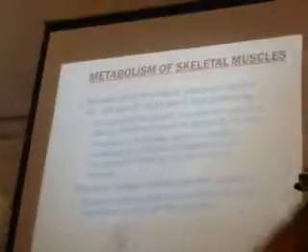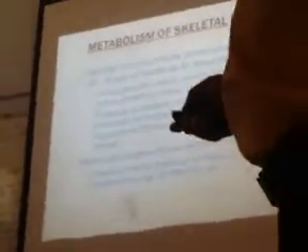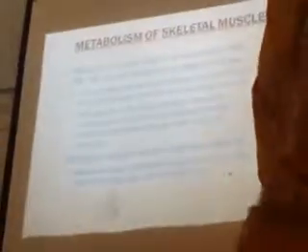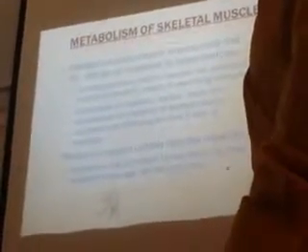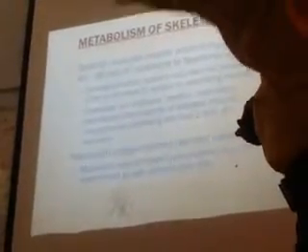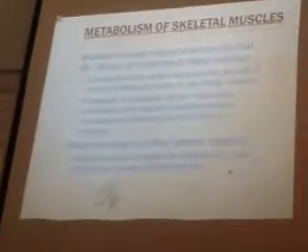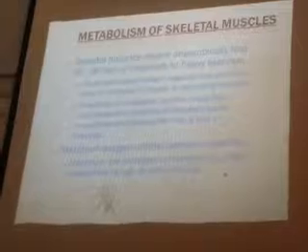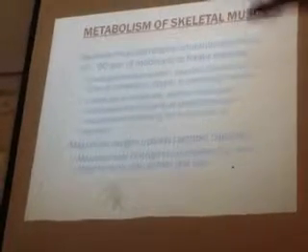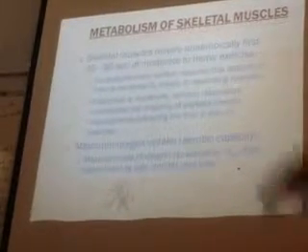This is what happens. Initially, a person doing heavy or moderate exercise, the muscle does not use oxygen for the first 45 to 90 minutes. The muscle respires anaerobically, without oxygen. Why? Because during this time the cardiorespiratory system requires this amount of time to increase the oxygen supply to the exercising muscle.